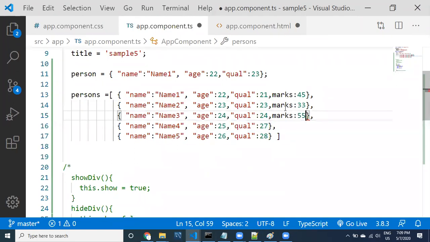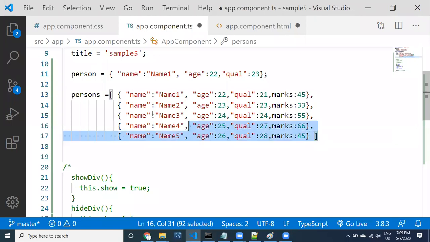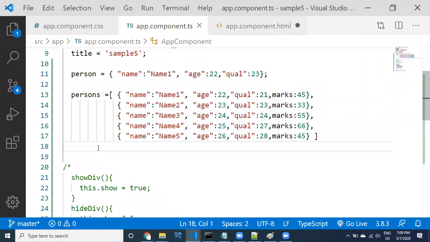Marks 55. Assume, what I want to do is, let us look at it, guys. Here, this is the information. First I would like to read these persons,